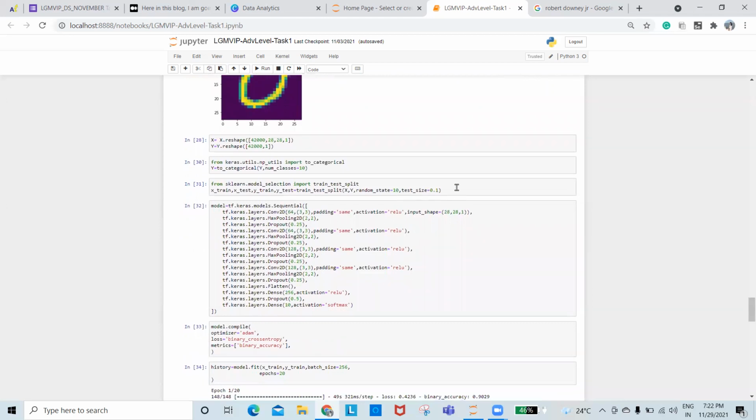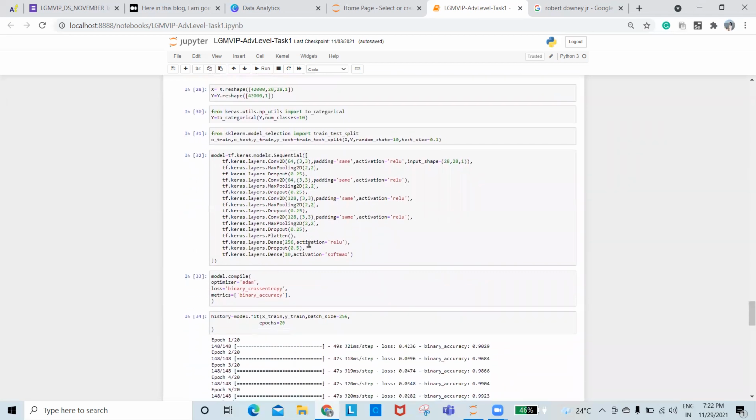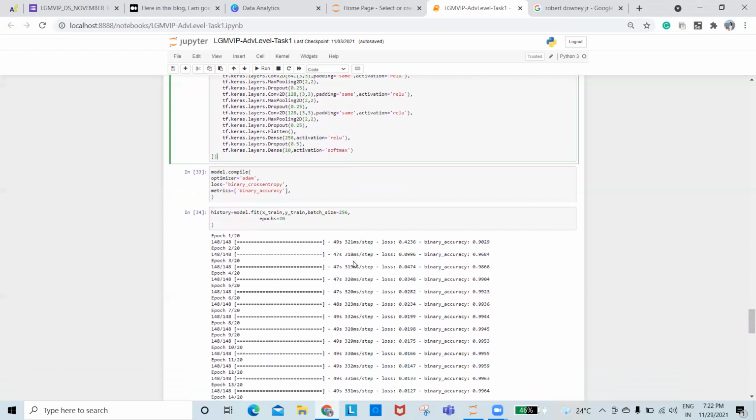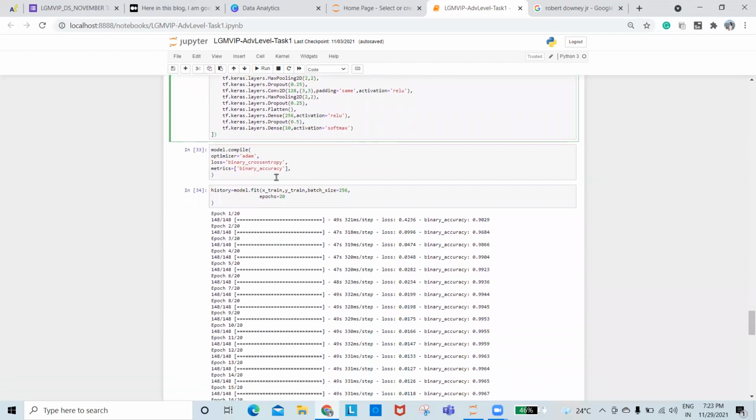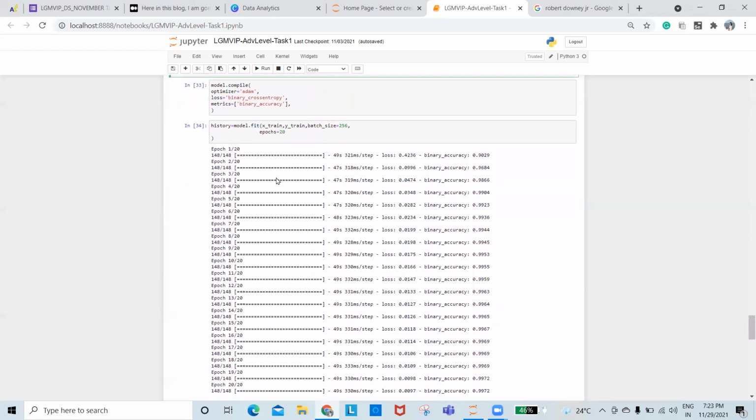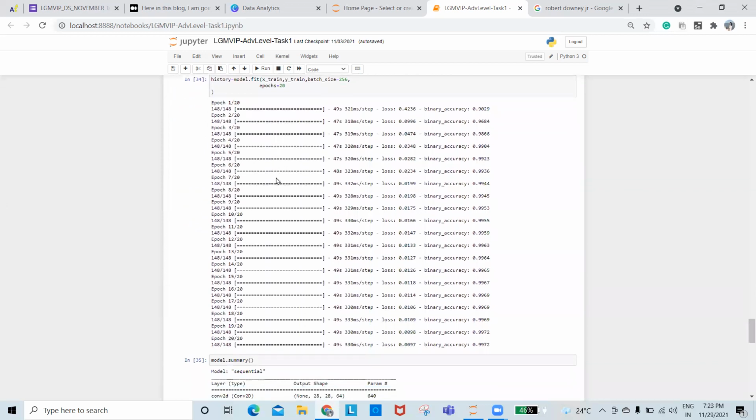I have given 0.1 here. And from the Keras model, I have defined the input shape and all, about the padding and the activation and all. And when we compile the model, I have given epochs as 20.